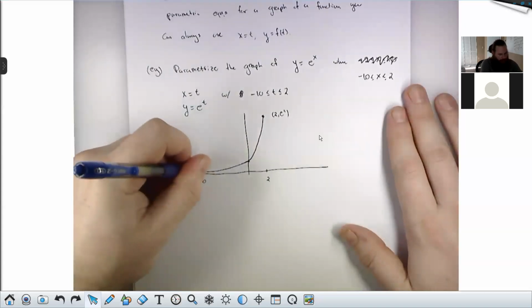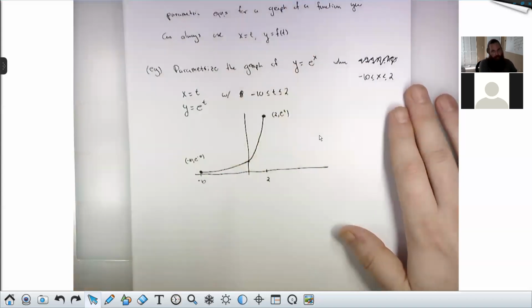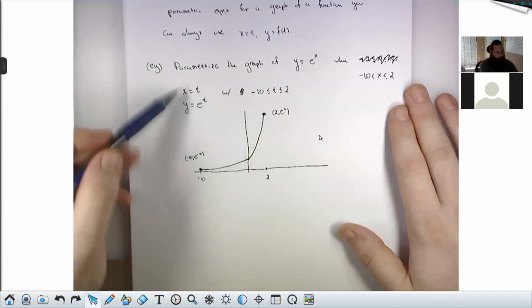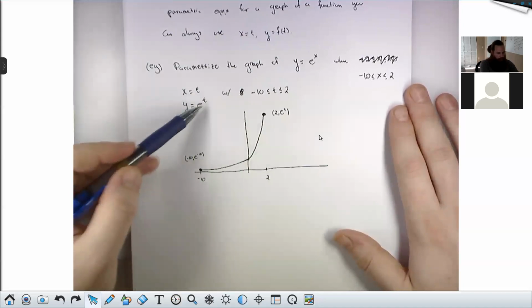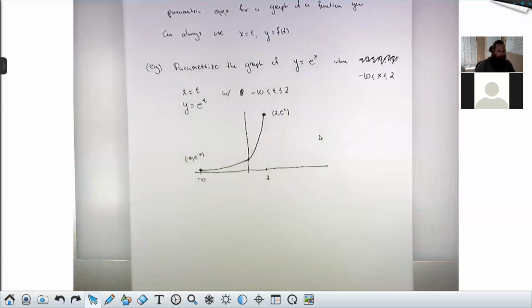So here we're able to come up with a set of parametric equations for this guy, just by using x of t equals t and y of t equals e to the t, because if x is t, then y should be e to the t. Another way to do this